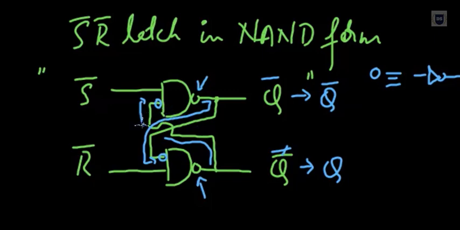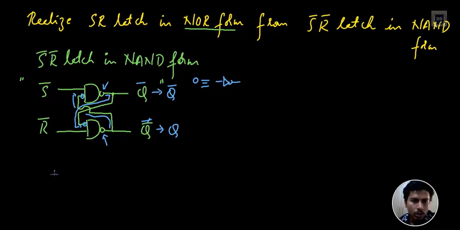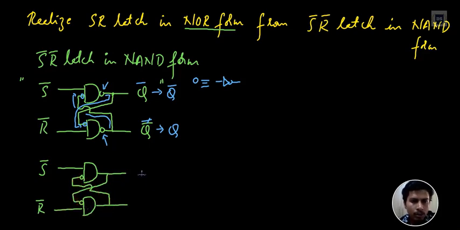Now let me redraw the changed diagram. So here we'll have S bar, R bar. Here is where we are having our two inputs, S bar and R bar, which are given onto this NAND gate, but this NAND gate output bubble has already been shifted. Because of that, I'll write the altered diagram. Right now I have redrawn the same logical diagram, but the only thing is we have shifted our bubbles that were at the output.